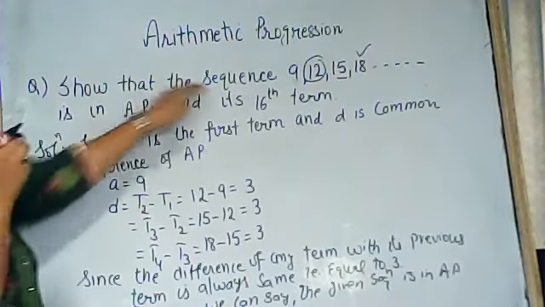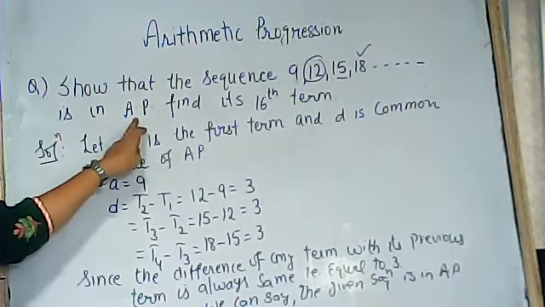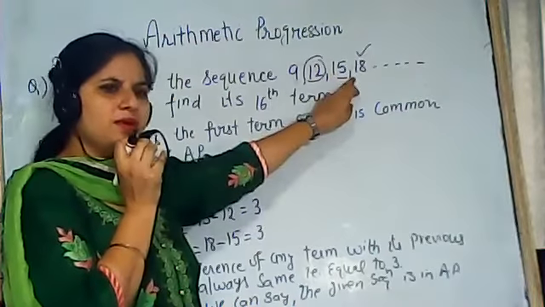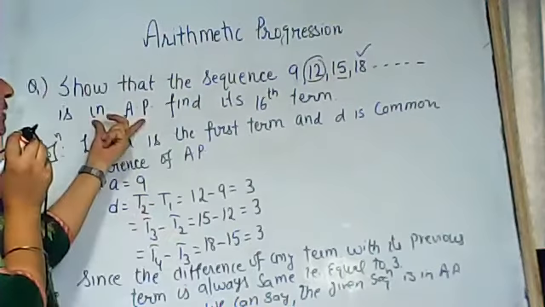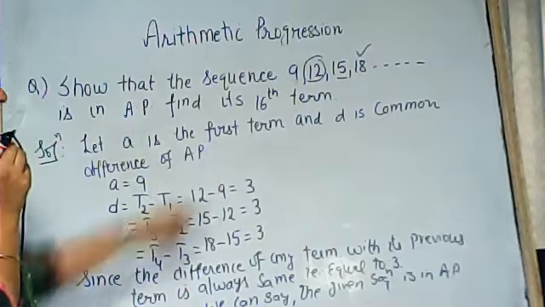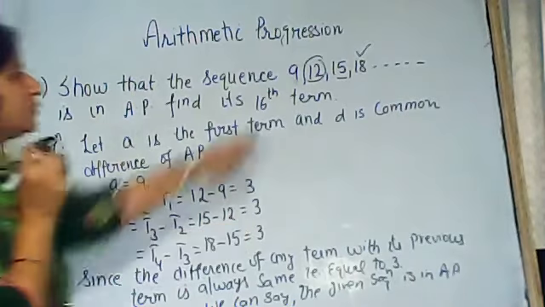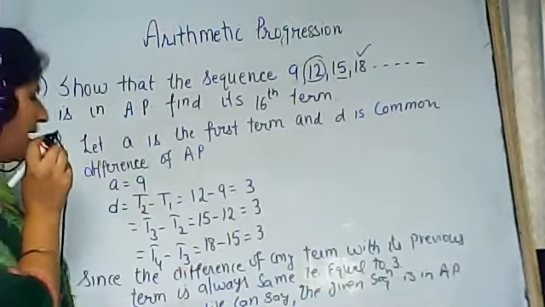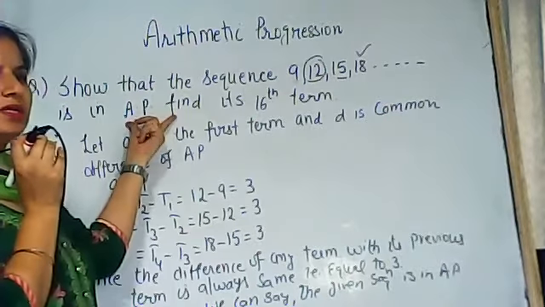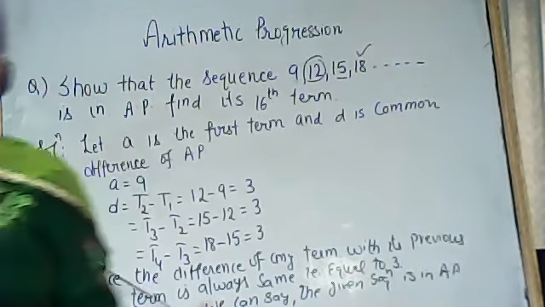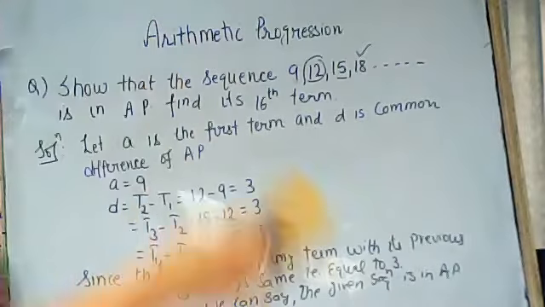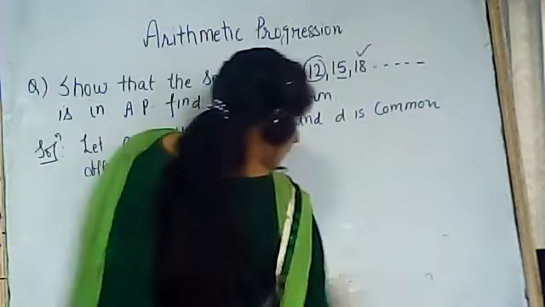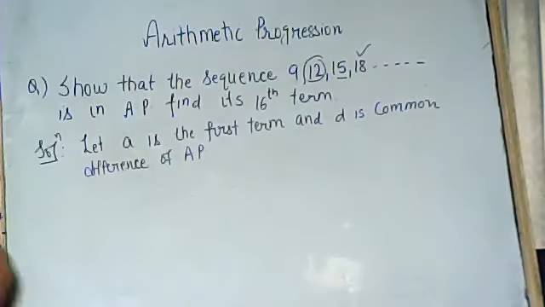It means we have calculated the first part of this example. In the first part, we have to check whether the given sequence is in AP or not. By the definition of arithmetic progression, we have calculated that the difference of all the terms with their previous term is always the same, and this difference is equal to 3. Hence, we can say the given sequence is in AP. So, beta, this is the first part of this example. Now, let us start with the second part. What do we want to calculate in the second part of this example?